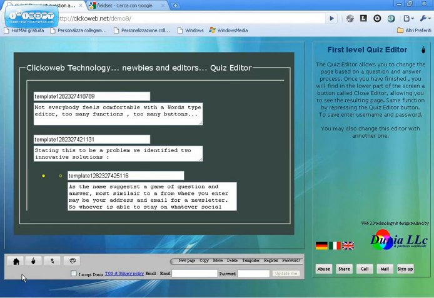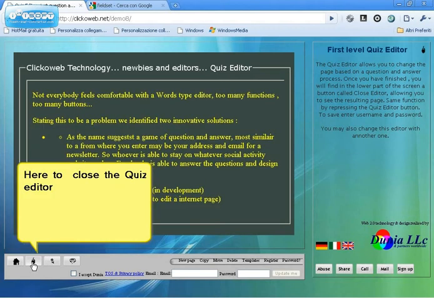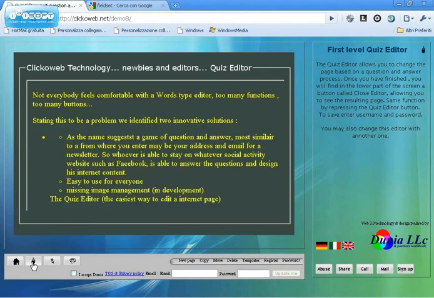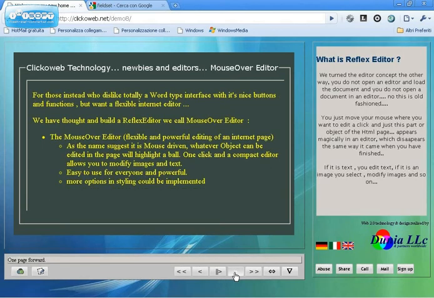Now all parts of the page are editable, as you see. If you want to program this page to be editable by end users, just change the template 12 whatever into a question. By pressing this button we close the quiz editor, and as you see the design of the page is exactly as it was before. Clicking once again you reactivate the quiz editor. Well, I close it again now and you see the page is identical to before. Well, this was the quiz editor.